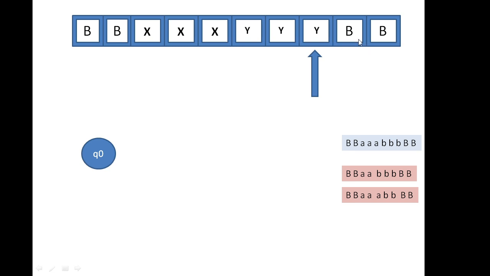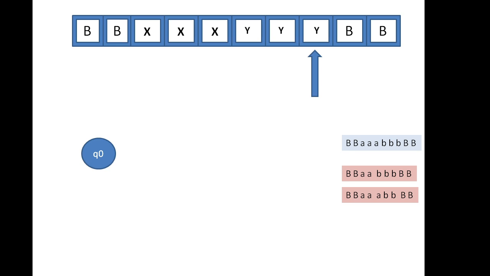So now you will know that all the B's are also finished, right? To use the analogy, after he comes into this room and marks this last box as Y, he goes to the other room and checks all the boxes. Okay, all are X, so he'll encounter a blank. Then again he'll traverse all the boxes, comes to Y, traverses all the boxes, checks the last box, and he'll receive a blank. That means all the boxes of this room are also covered. Hence, there were an equal number of boxes in room 1 and room 2. That is how your Turing machine works.